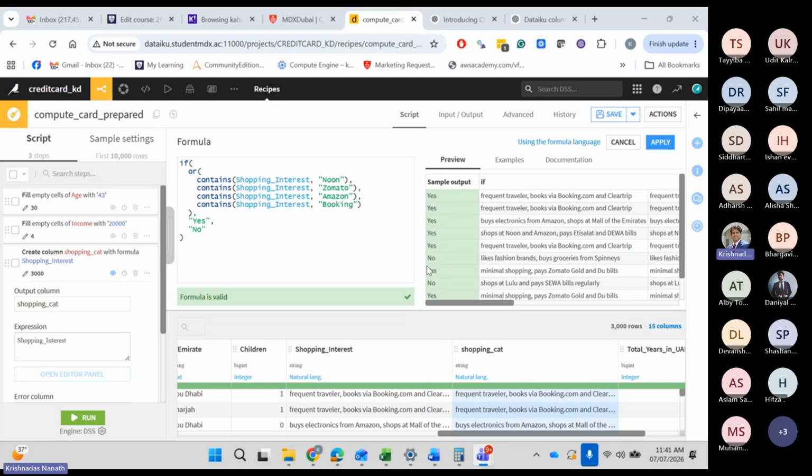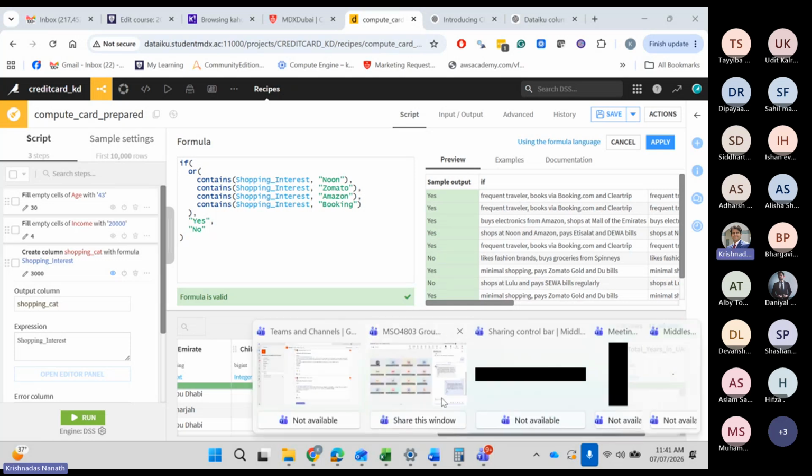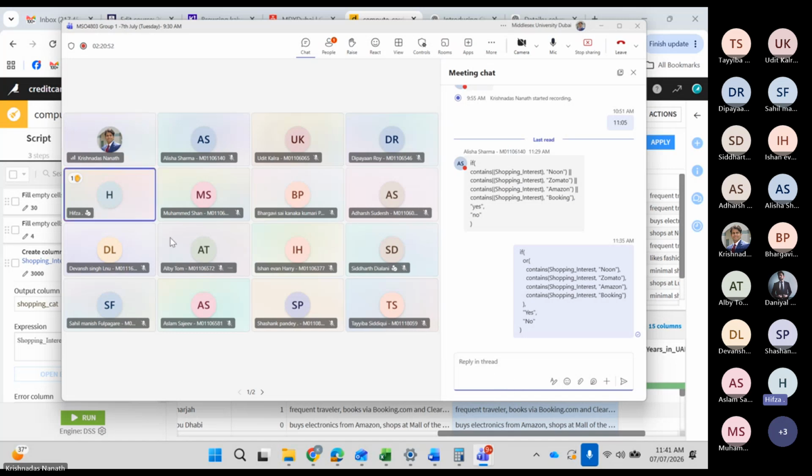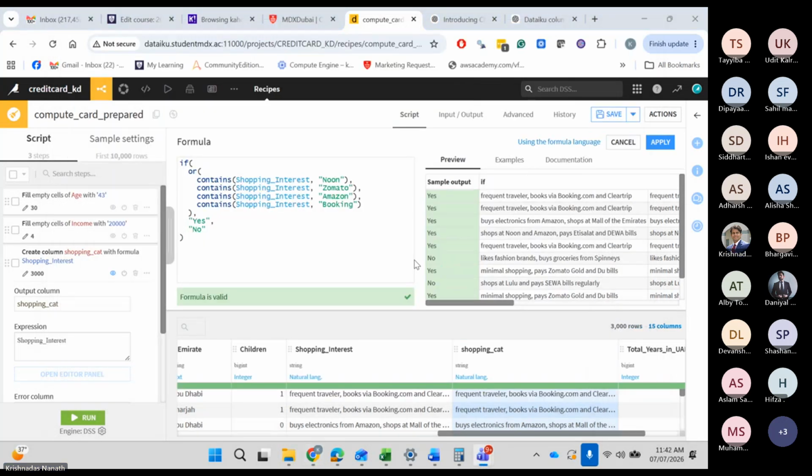Yes, online students, tell me. Professor, when I copied the formula from Claude, it's saying parsing error. You can just copy the one that I put in the chat. Okay, thank you. Yeah, just delete it and put this. Yes, who else has not done?